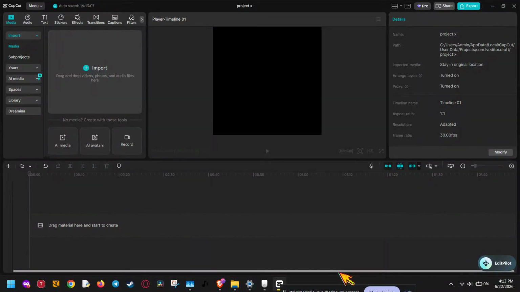In this video, I'm going to show you how to add and edit pictures in Capcut step by step, whether you want to make a slideshow, create a picture-in-picture effect, or style photos inside a video project. This is a super useful workflow if you want your edits to look more polished, more engaging, and more professional